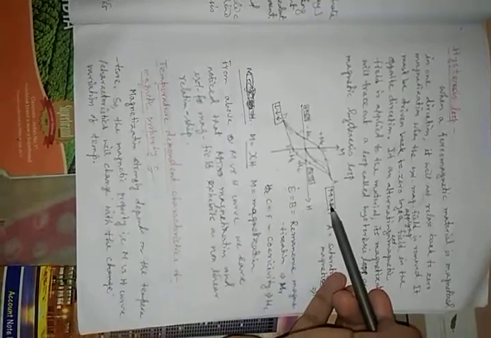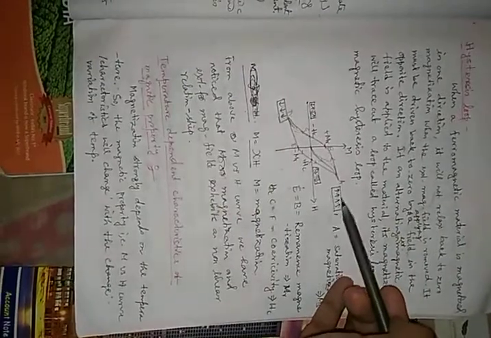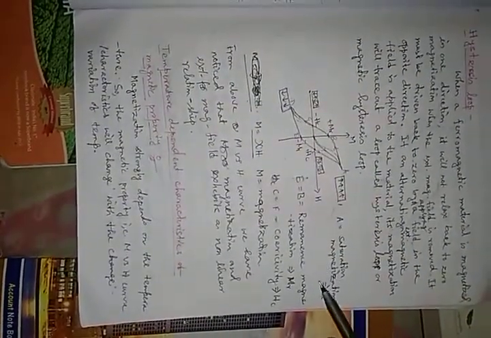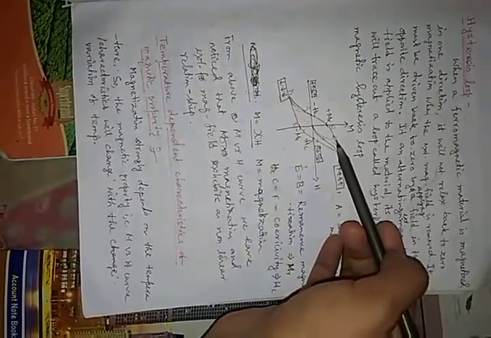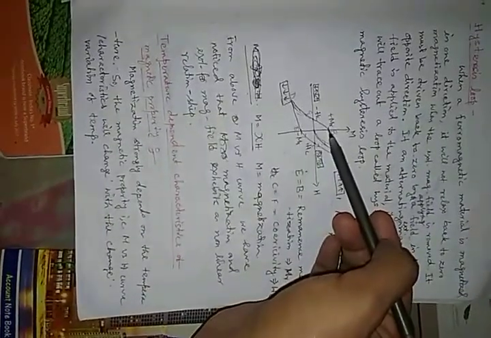Then after a certain magnetic field, all the magnetic dipoles are oriented in the same direction. So there will be a saturation in the magnetization, and this point A is known as the saturation magnetization, MS. Then if I switch the external magnetic field back to zero, I notice there still remains some magnetization. This kind of magnetization is known as remanence magnetization, which is denoted by MR.